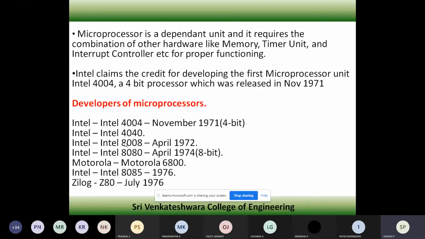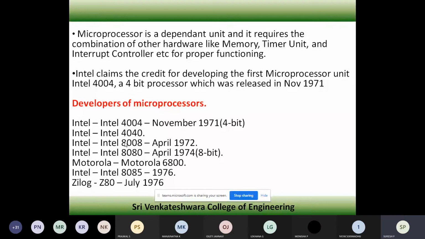Okay, so next is Intel 8080. This 8080 came in April 1974 with additional features over your 8008. In this one, the instruction set may differ. So in the 8080, the data bus which you are going to have is 8-bit, whereas the address bus which you are going to have is